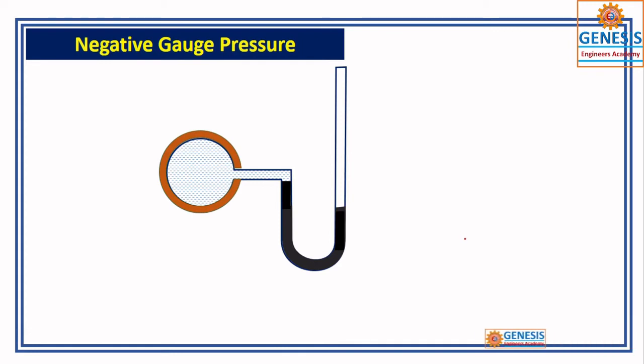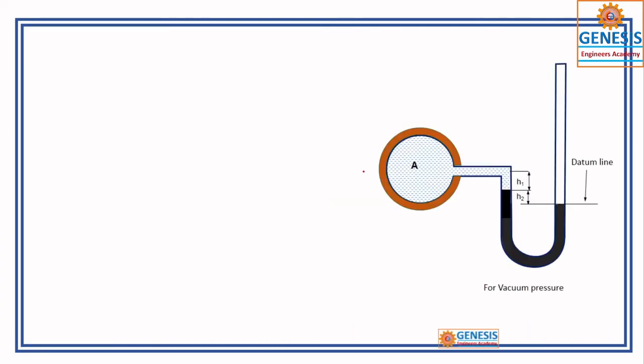So, this is about the negative pressure case. That means atmospheric pressure acts here. Now, here the pressure is PA. So this pressure, or total pressure, is less than that. Then only it is able to push that one. So that you have to take. See, observation. I will take up this one so you can understand clearly. Here I have taken datum A to the right side now.